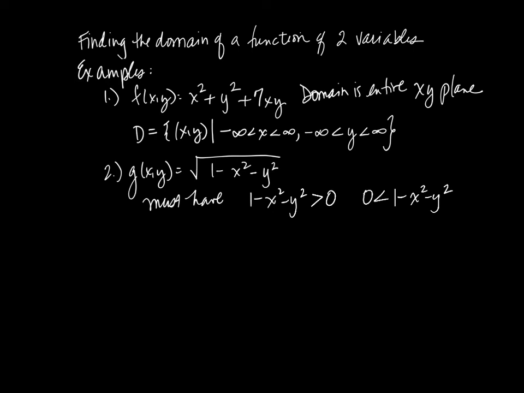In any case, if we take a look at this one here, what we can do is add x squared and y squared to both sides of the inequality, and then that gives you this inequality. But like I said, you can think of this backwards and forwards. This is the same as x squared plus y squared must be less than 1. And so that's the condition that we have here, right? Whatever x squared and y squared are, if you add them together, they have to be less than 1.